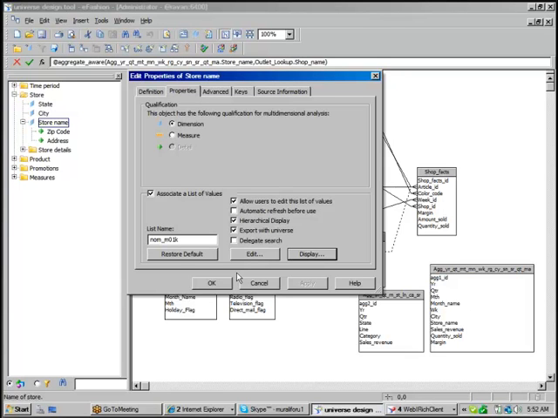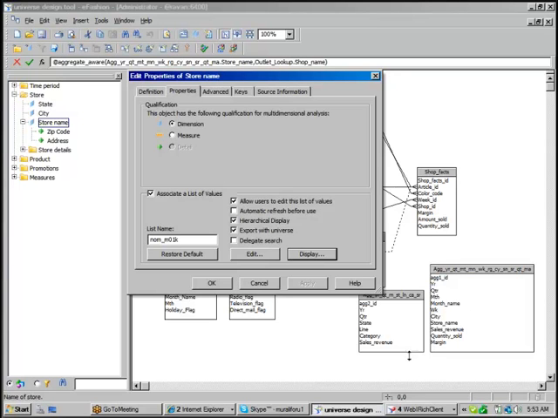If you make cascading on state, city, store, when the user clicks on refresh, first it will ask to enter the state. They will enter state as California. Later the city filter will display the list only for California. The user can select only the cities which are in California, so they cannot make any mistake. If they select a particular city, the store name list will display only stores in that selected California state and city. They can submit that store name as the input for store, then the report will fetch the data.